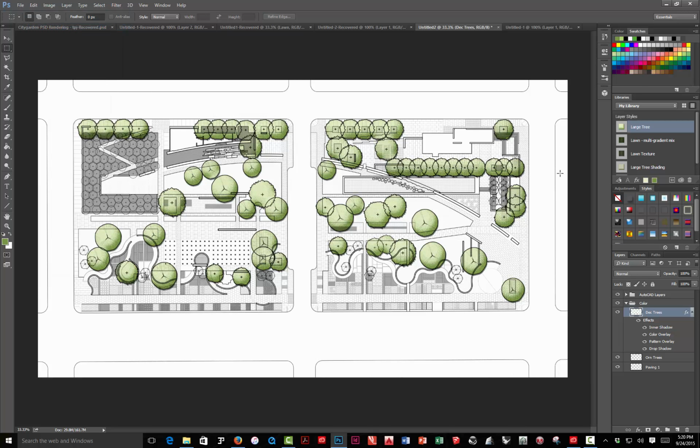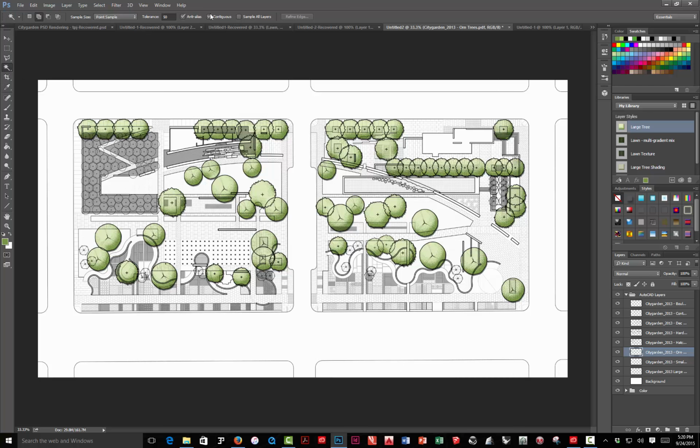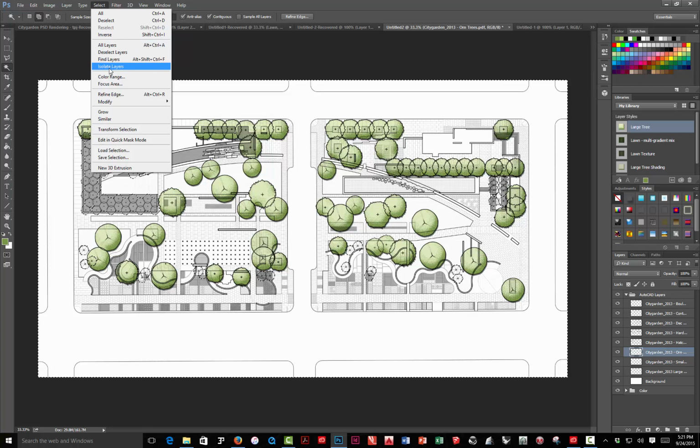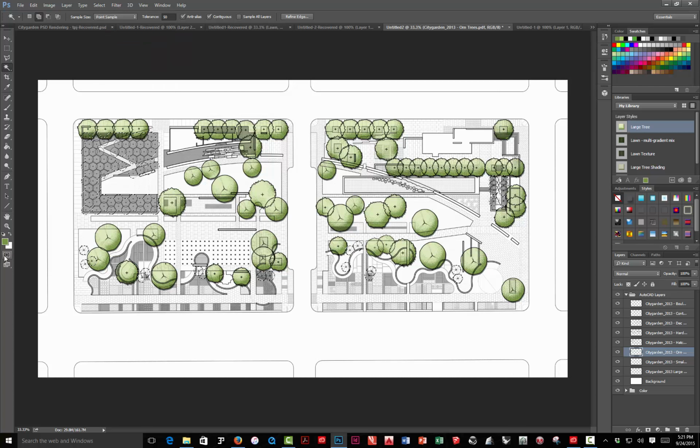There we go. So if I want to do it for the smaller trees, I do the same process. Close up the color, open the AutoCAD layers, go to ornamental trees. I use my magic wand. Contiguous, no, not sample all layers. Click here, select, inverse, and I can check with my quick mask. You can see now I just have the red is what I have selected. Close up my AutoCAD layers, go to color, select the ornamental tree layer, and just so you can see that